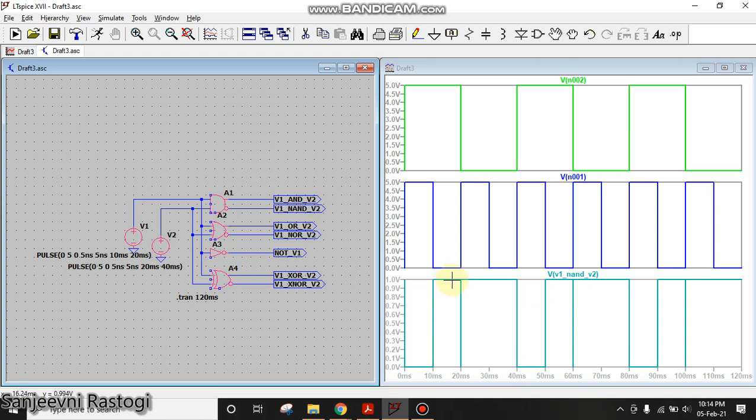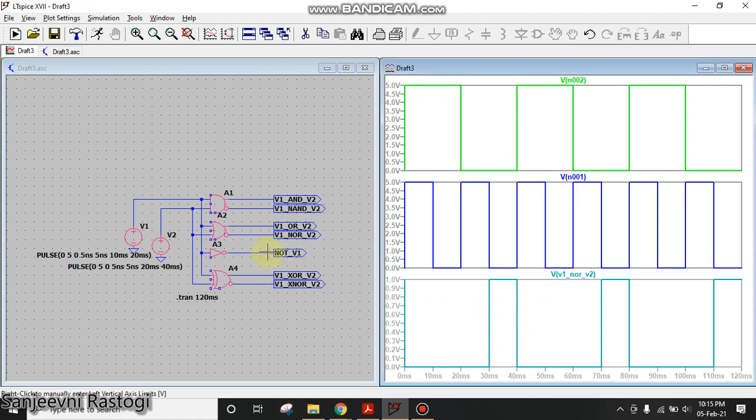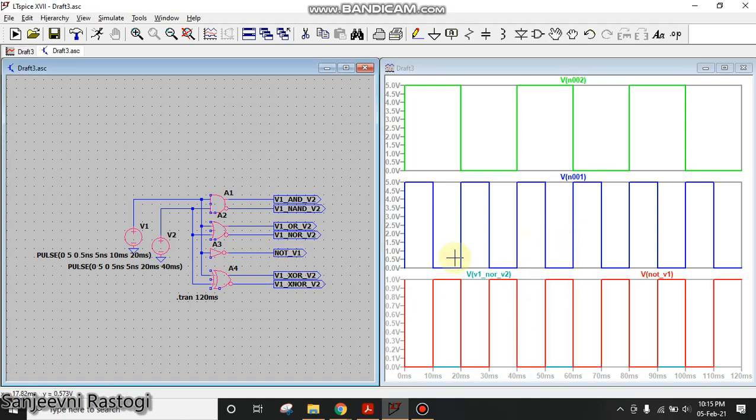Now instead of V1 AND V2, let us see V1 NAND V2 here. So this is the output of NAND. You can easily see that in NAND, whenever both the inputs are 1, we are getting the output as 0, and otherwise we are getting the output as 1. And again the reason for the spike is as I have told you before. Then let us see OR. This is the output for OR. When both the inputs are 0, only then the output is 0, otherwise the output is 1. NOR is just the inversion of this one. Then NOT, I will get an inverted waveform. Yes, for this blue one I am getting an inverted waveform.